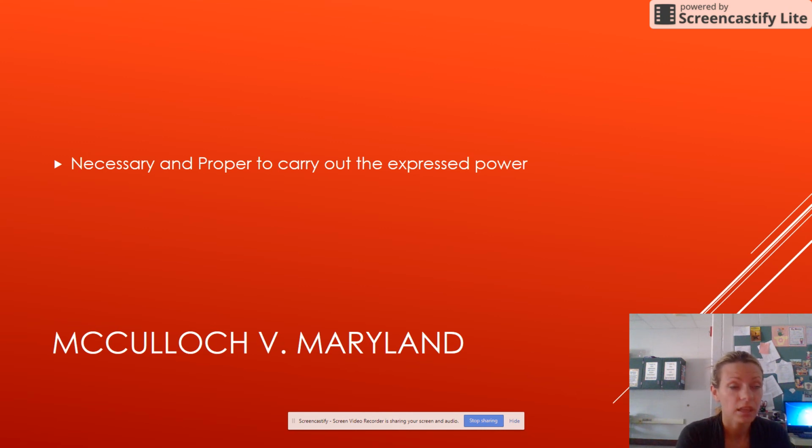So any commerce that happens between the states. You're going to see that when it comes to marijuana, you're going to see that when it comes to guns. Pretty much everything can be covered under this interstate commerce, unless you're talking about U.S. v. Lopez, at which point you should know that they said, no, that is not commerce. So McCulloch v. Maryland expands federal powers and expands federalism, and then court cases like U.S. v. Lopez